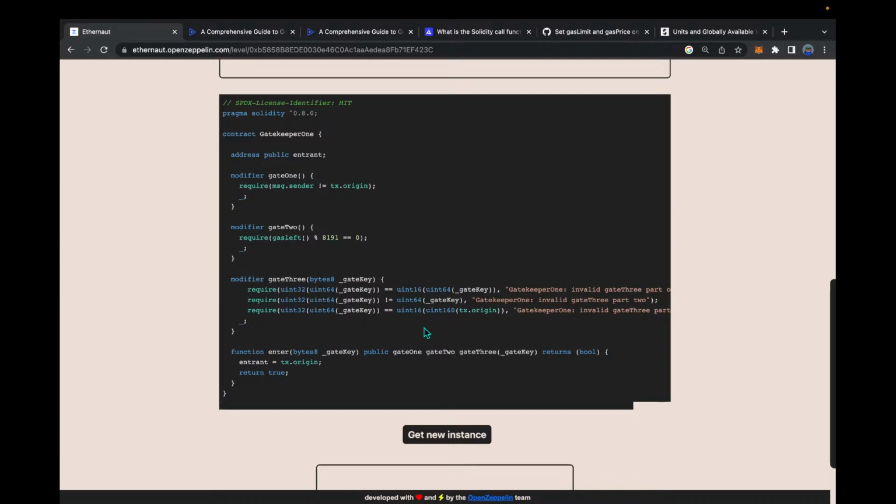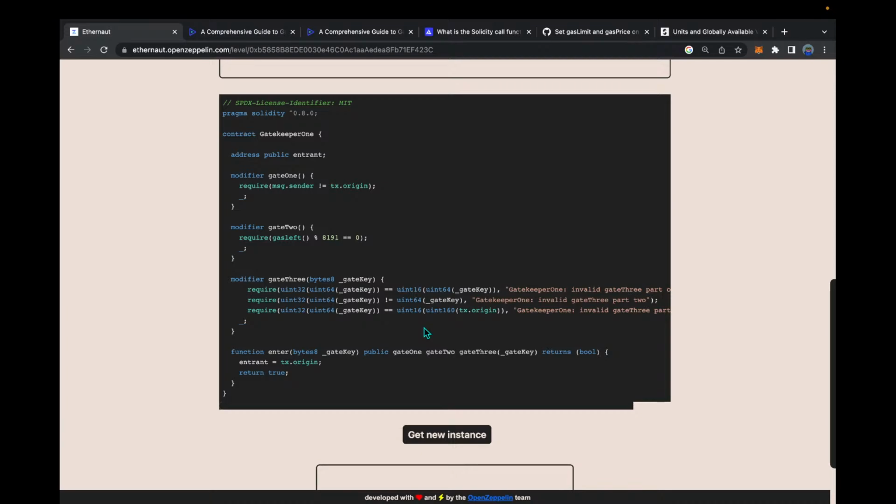Entrant would have to equal to, okay, I see. So gate key is equal to